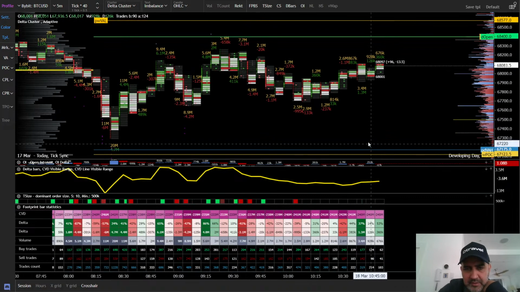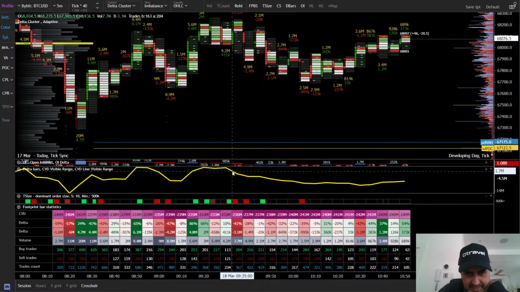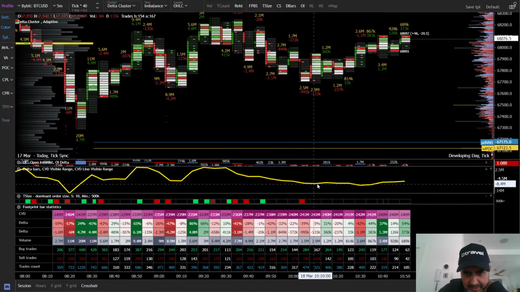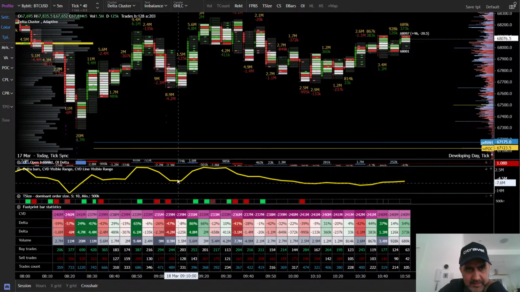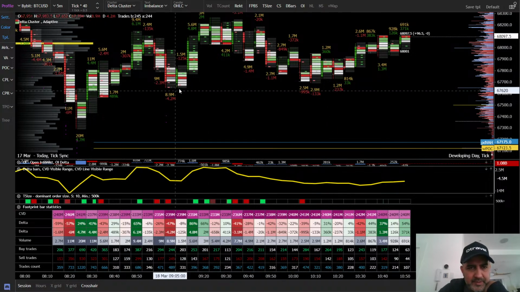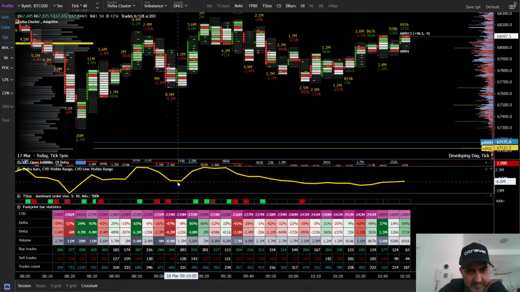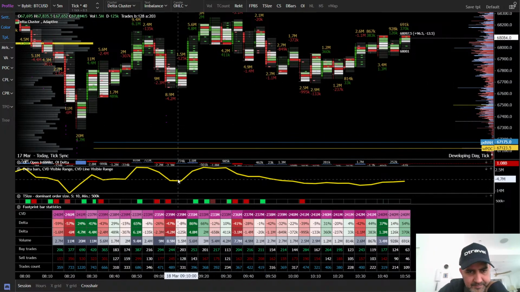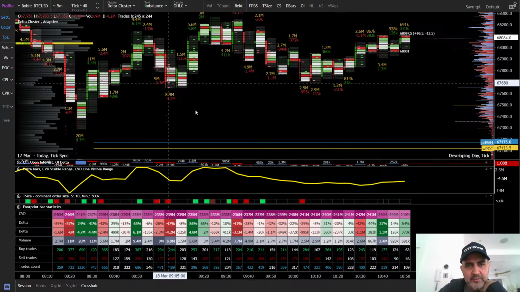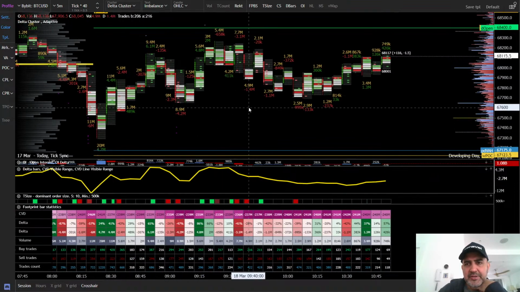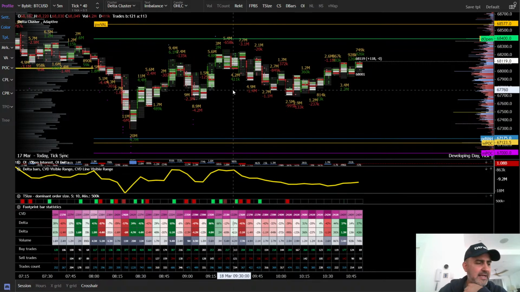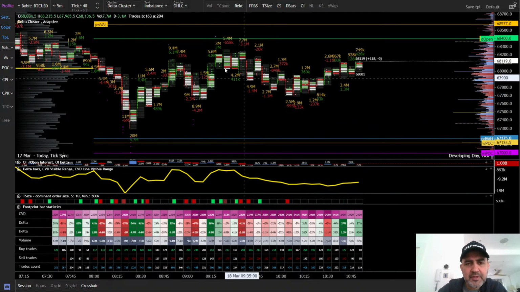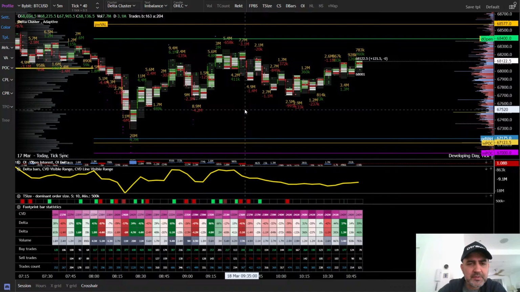Okay, so you can see the CVD. The line is lower. This is a lower low on the CVD. And you can see how the price is slightly higher. You see this lines up with this low here. So that's a slightly higher price and a slightly lower CVD. So we have a little bit of bullish divergence here, which means that the market sales are being absorbed by